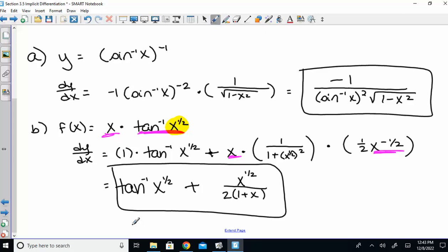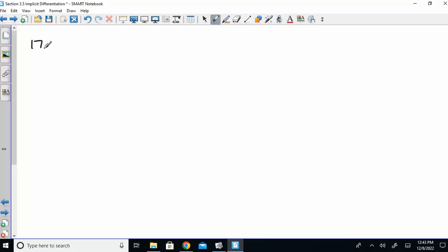All right. That's really the end of this, but I'm happy to do some more examples. Is there anything that you had difficulty with yesterday that you would like to talk about again? 17. Okay. So 17 is actually going to be this. But let's go ahead and do it together. So we have tangent inverse of x squared y, plus x, equals, sorry, x plus